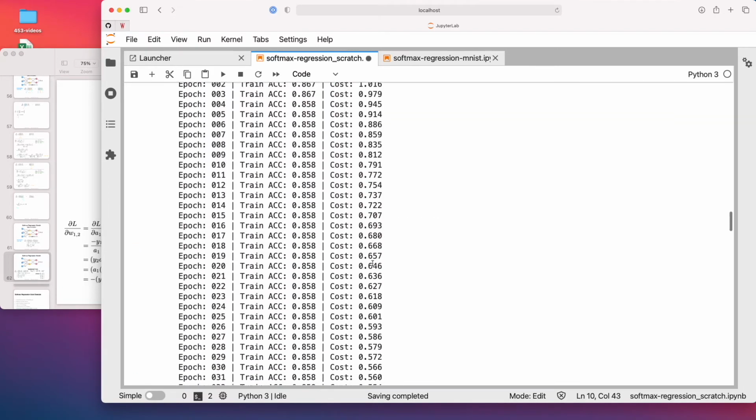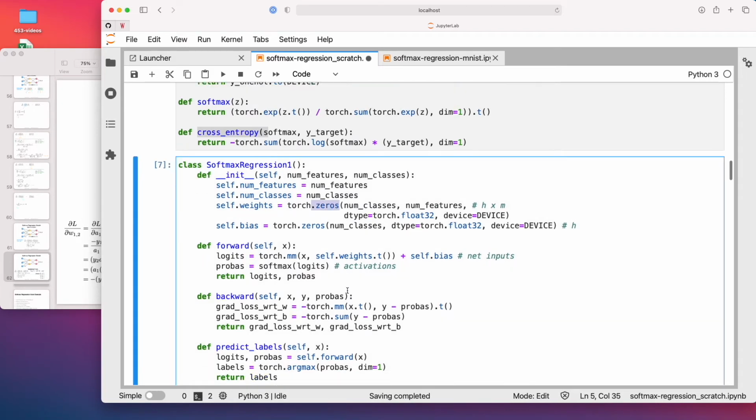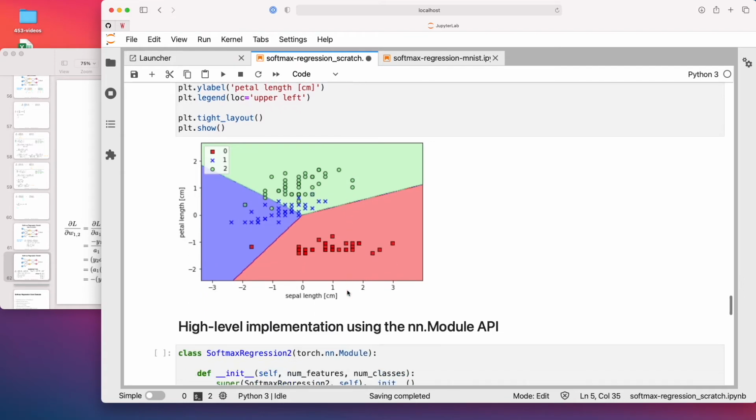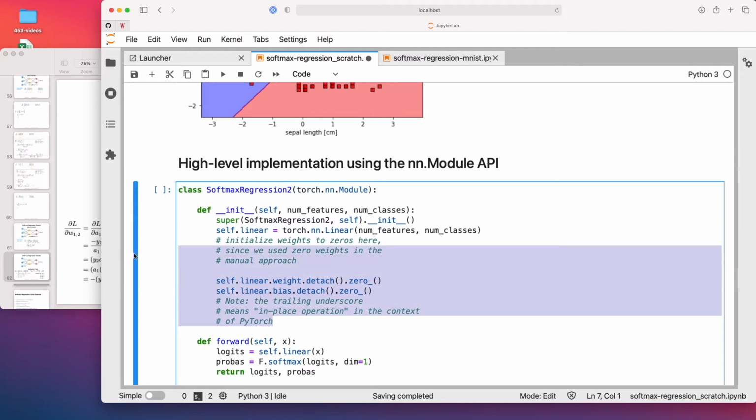So if I go up, I initialize the weights to zeros. Otherwise, if I don't do that here at the bottom, it will have small random numbers. The small random numbers are good for multi-layer networks, but it would make it hard to compare this implementation with our above one if we have different starting weights.